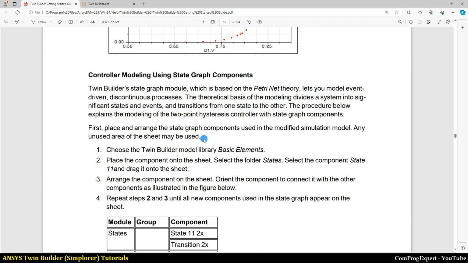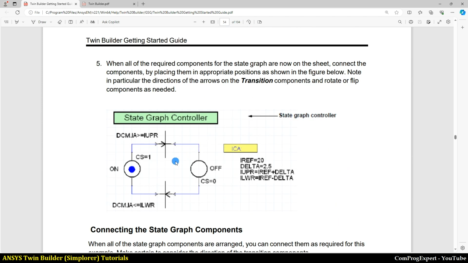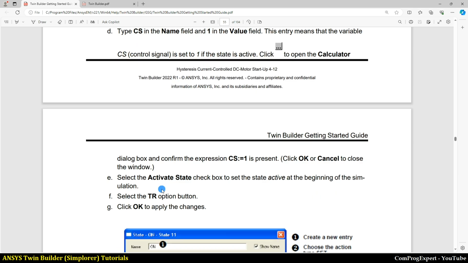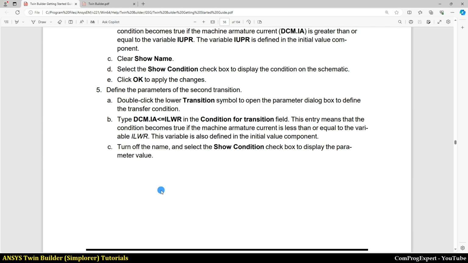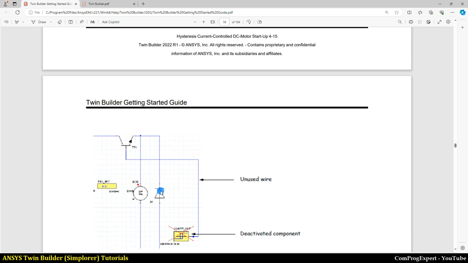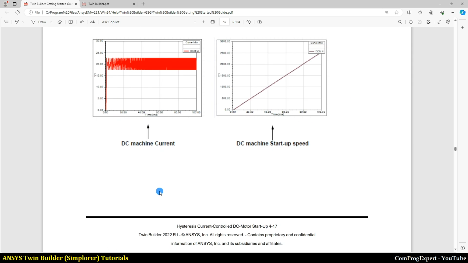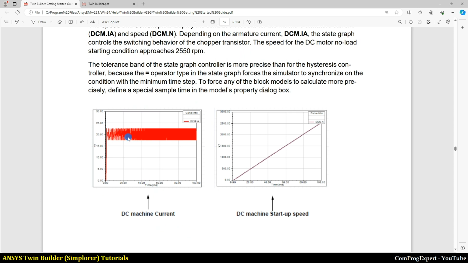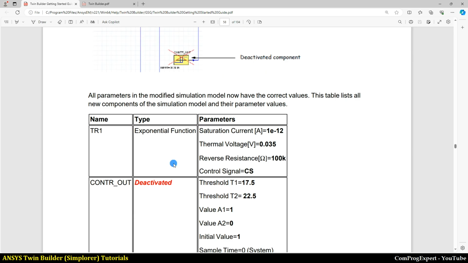Later, you will see when we set the status of the switch using the status blocks, the simulation is more precise, even with the same time step sizes. Yes, you can see this result for the armature current. We will discuss this in the next video. So,